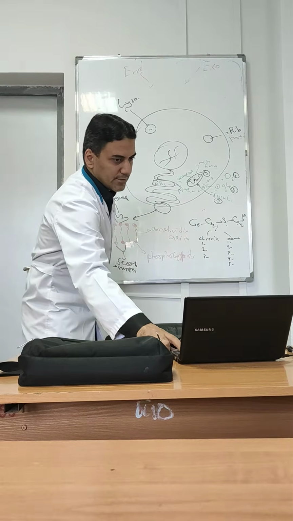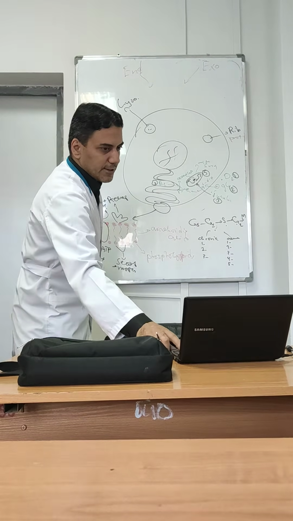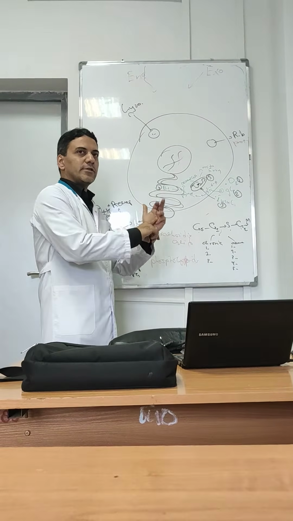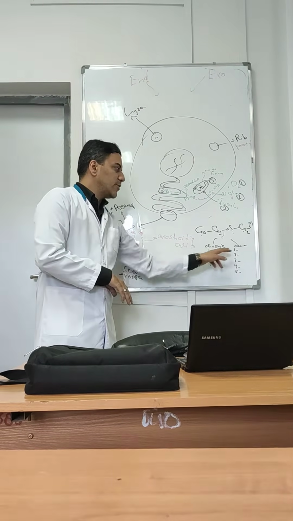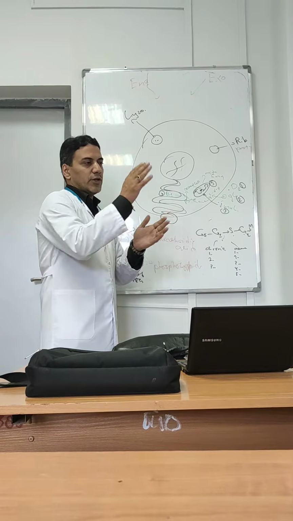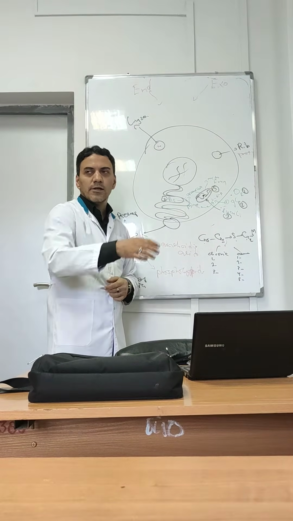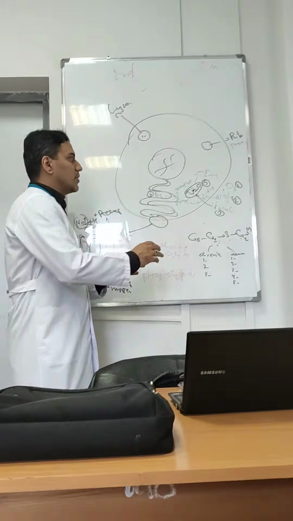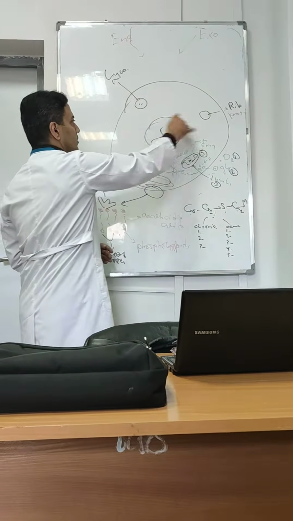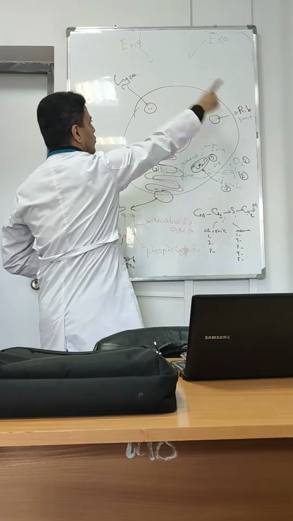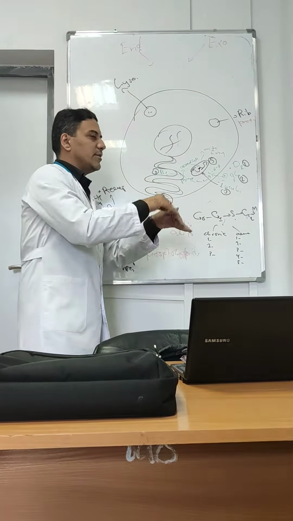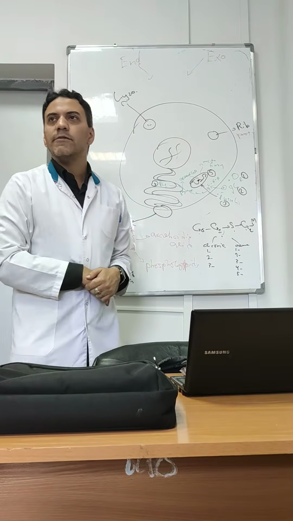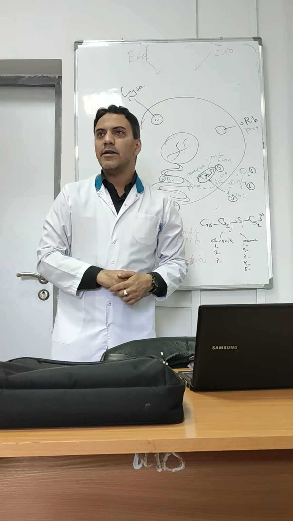So, types of cell death are types of cell injury. First type is acute and chronic. Next type is direct and indirect: direct cell damage, indirect cell damage. Next type is partial and total. Partial, a part of the cell will be damaged, or total, all the cell. And types of cell damage could be reversible and irreversible.